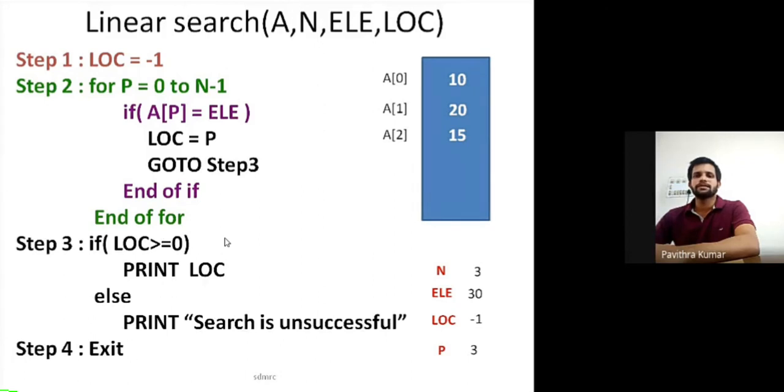So what is there in step number 3? I am going to compare the value of LOC. Now what is the value of LOC? It was initially minus 1. And throughout the traversal, the comparison was false. If condition was false, that's why I have not made a modification to LOC. Initially it was minus 1 and still it is minus 1. And as per step number 3, the condition is going to be false because minus 1 is not greater than or equal to 0. That's why it is false. The if statement is not going to execute.